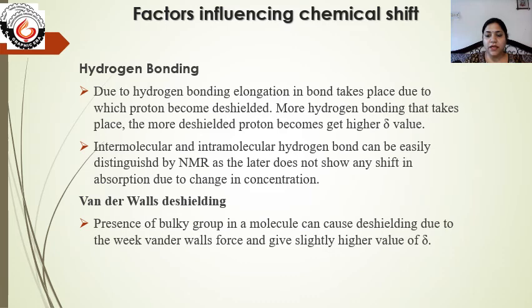Like in case of benzene, benzene already gives a higher delta value, but if some bulky group is substituted on benzene, it will further increase the delta value more and more. Similarly, alkyne is at a lower value, but if a bulkier substituent is present, in that case also the delta shifts towards the higher value. So always if the bulkier group is present, the delta value will be on the higher side.